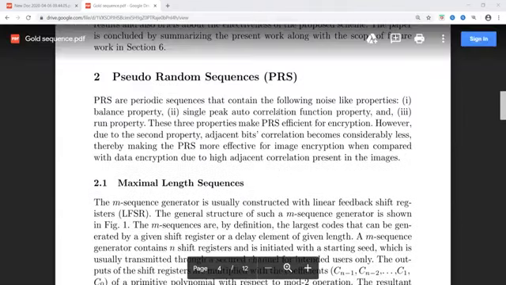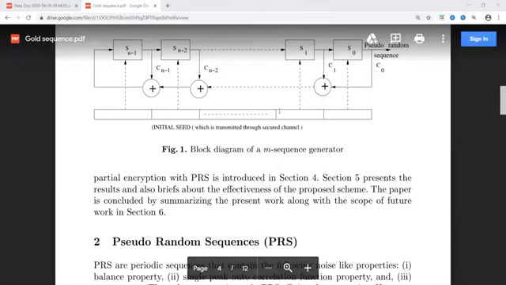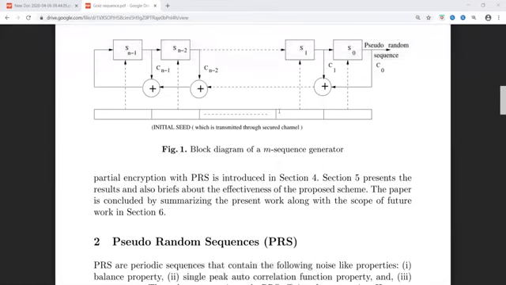I'll come back to the diagram here. This M sequence generator is usually constructed using the diagram I have shown you on the slide. The M sequences are the largest codes that can be generated by a given shift register of given length.